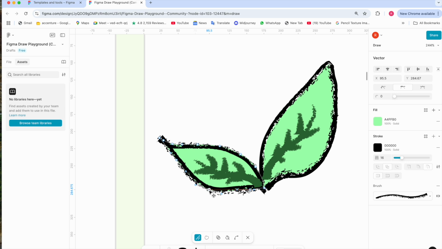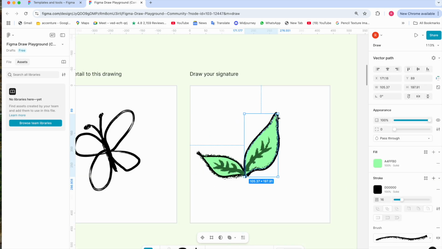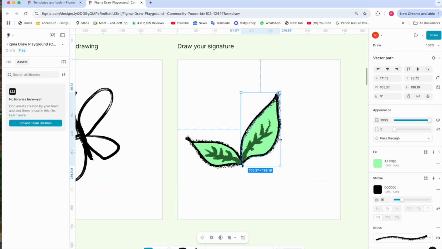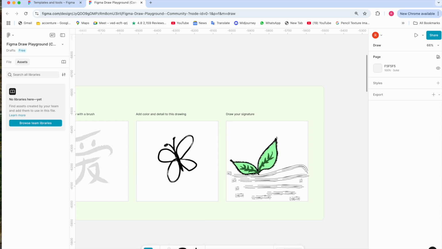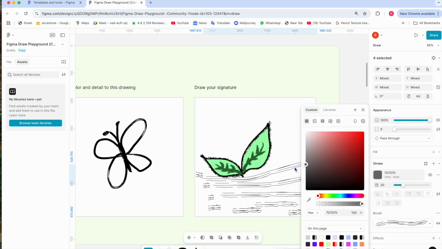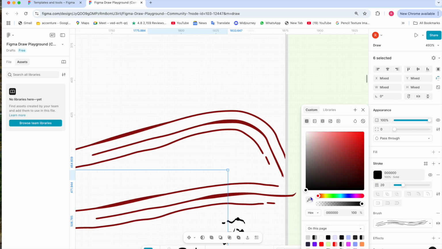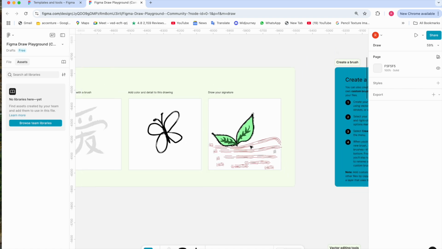Even you can adjust the points. This is the example of what I have done right now, but you can do more good by exploring the features.